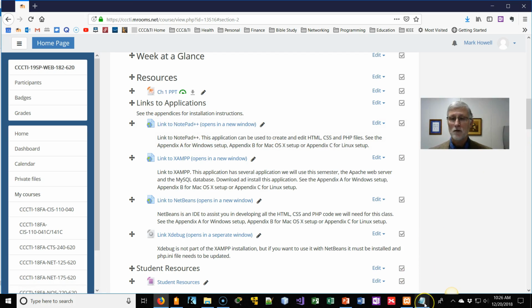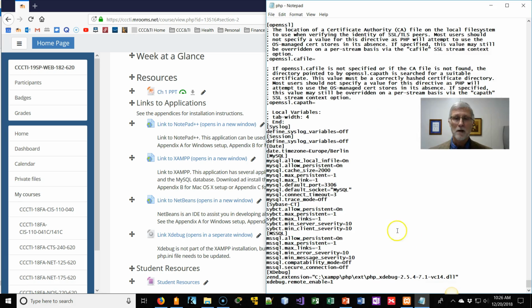But I'll just show you real quickly here. If you open up the php.ini file, and it tells you where it is, all you've got to do is add at the end of the file the lines they tell you to do. But it's got to be bracket xdebug bracket, the square brackets, and put in that information. And when you're looking at Xdebug, you're going to see tons of choices. You want to make sure you look for PHP Xdebug